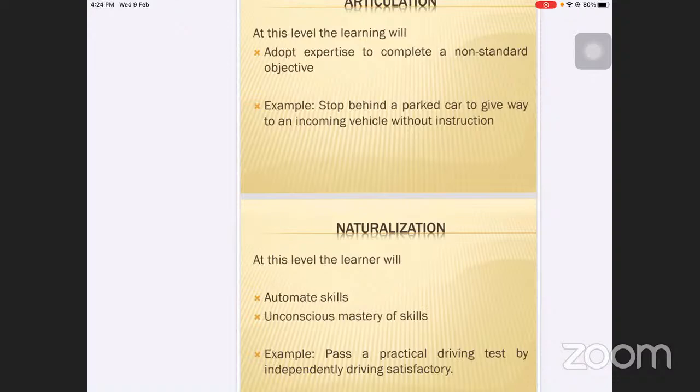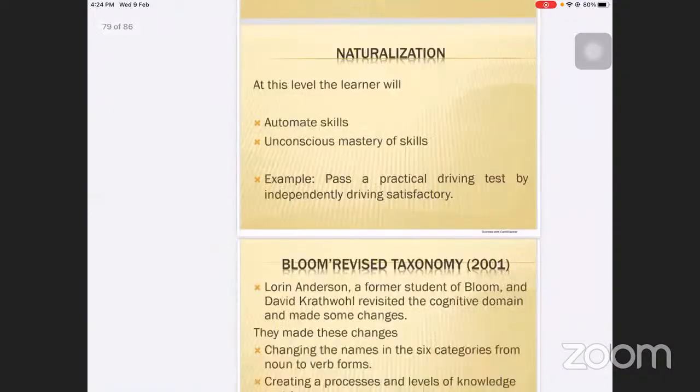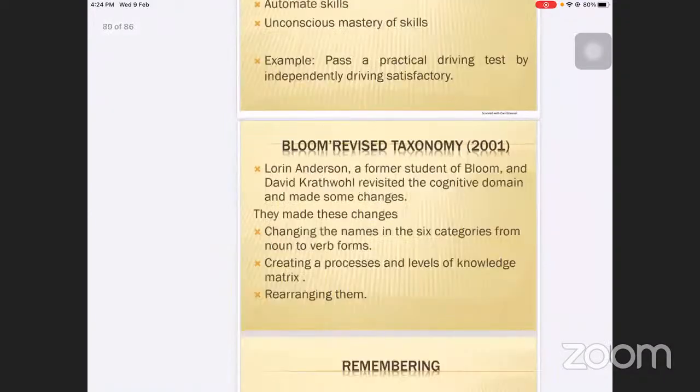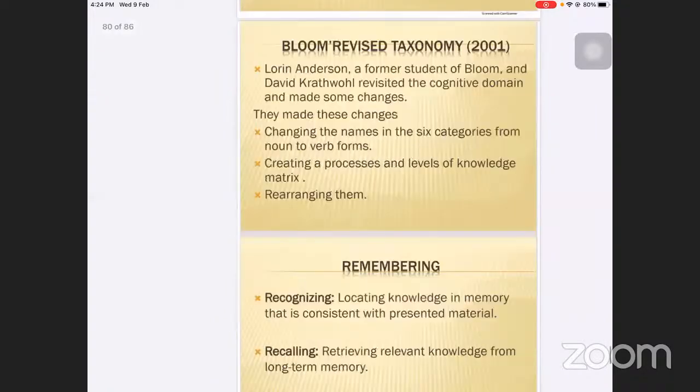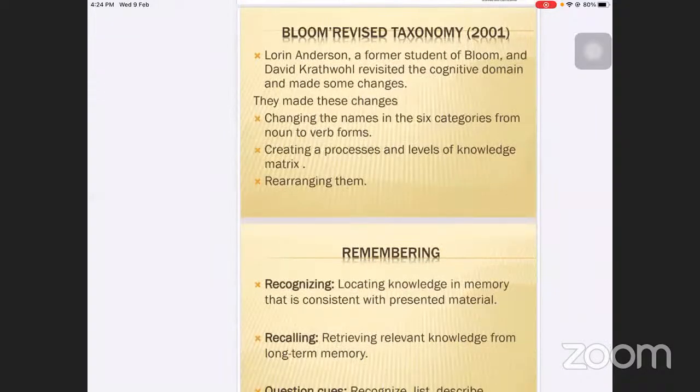There are certain modifications in the Bloom's taxonomy by his student Anderson in 2001. So you must know what kind of correction is there in this taxonomy. The correction is that Bloom divided it into head, heart, and hand. But Anderson says that you follow in a sequence. Don't divide it as heart and hand and head, but he